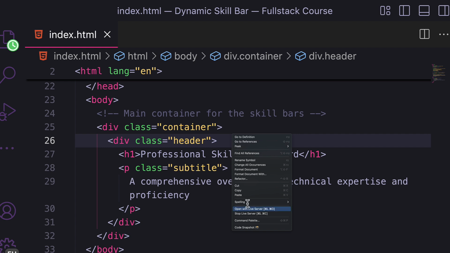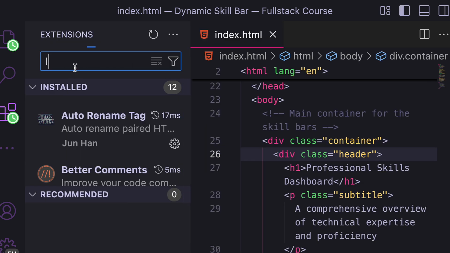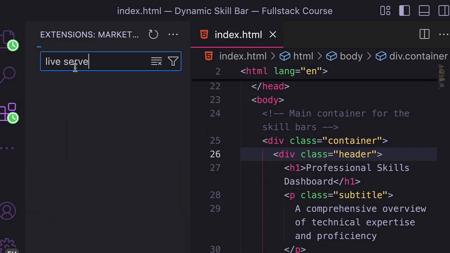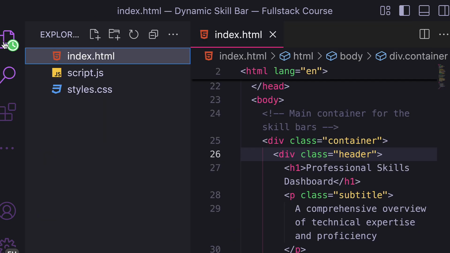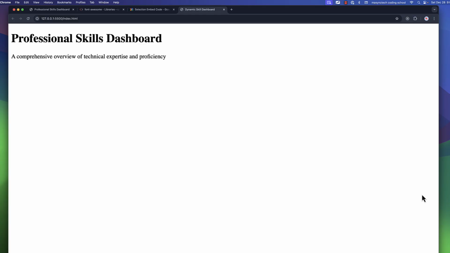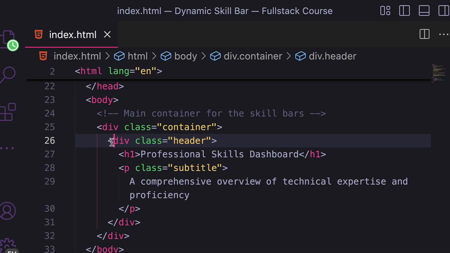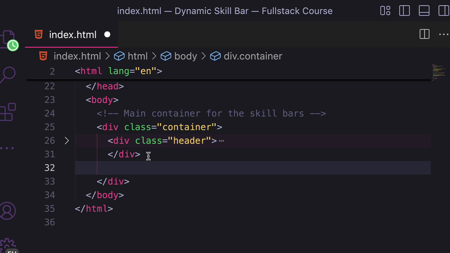So right click and click on open with Live Server. In case you don't have this, then make sure to install an extension called Live Server, which is this one. I have already installed it and I can now right click and then live preview. Alright, so let's continue. Let me collapse the header, and the next part is going to be the skills section